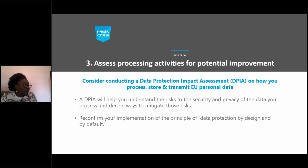And when you're considering your potential improvement, for every process you now have to consider putting a DPIA into place, even if you've done one before. A DPIA, I assume we all know, is a data protection impact assessment. It will help you understand the risk to the security and privacy of the data you now process, and decide ways to mitigate those risks. Now, even when you're implementing your data security practices, such as using end-to-end encryption and organizational safeguards, in order to limit your exposure to